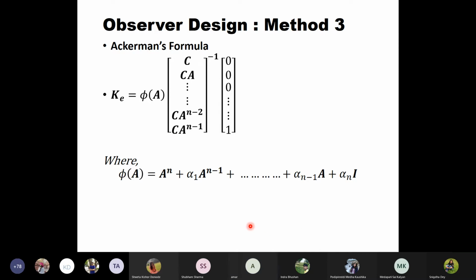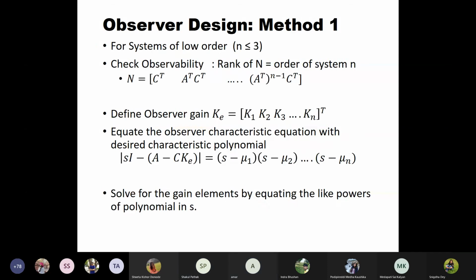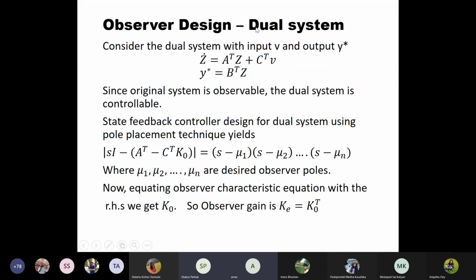Hello. Sir, can you go to the dual system equation once? Dual system. Okay. Here, in that, why does the P feature in the second equation? Tell me again, your voice is breaking off. Sir, why is P there in the second equation? Like Y star is equal to B T Z. It was in the actual system. It was C times